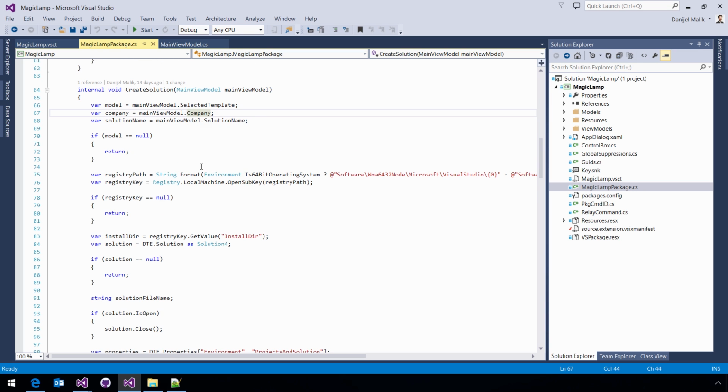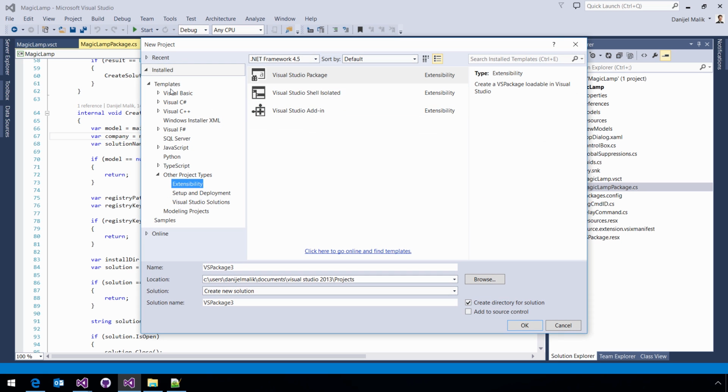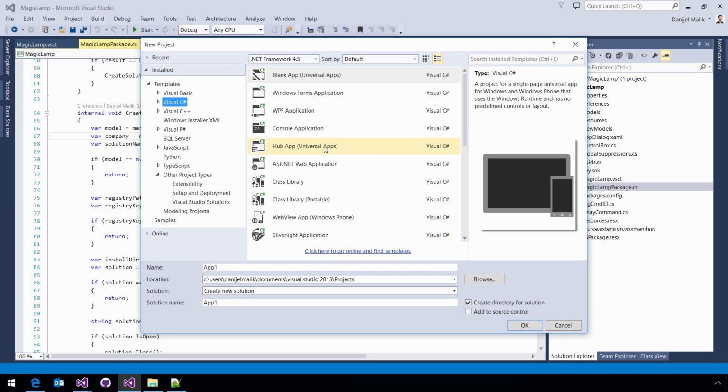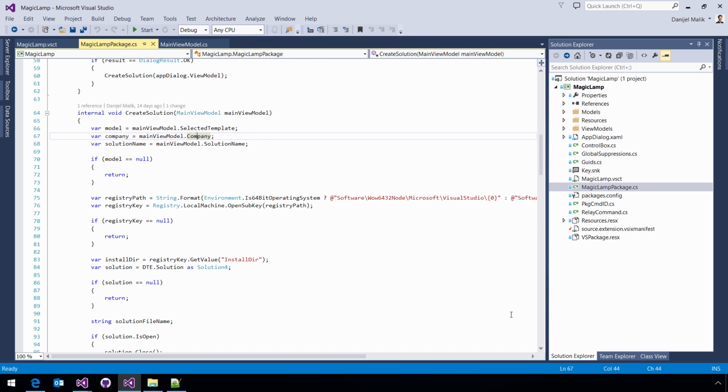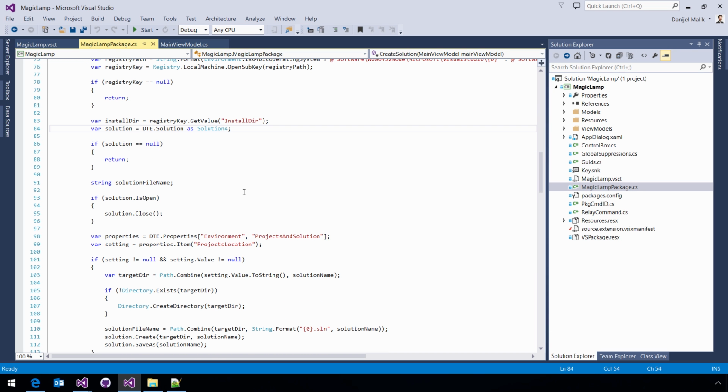One of the things I had to dig into was how you can actually find where your projects are defined. If you look at File, New Project, these are all templates. Doesn't matter which one you choose, they're all templates. They're defined somewhere on the file system. You just have to know where it is. Some of these templates are predefined, so you can call them by name. Some are not, especially the web templates, which are very difficult to deal with. Anyway, so what I'm doing here,